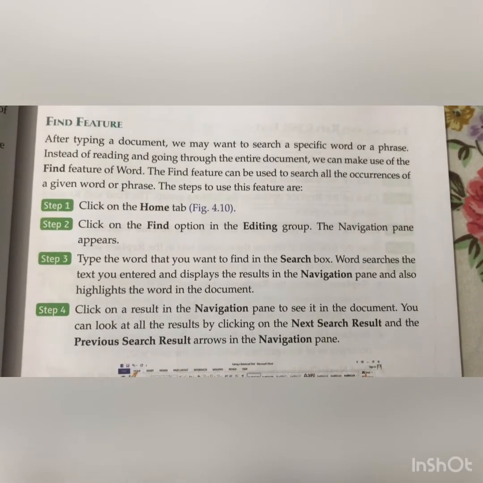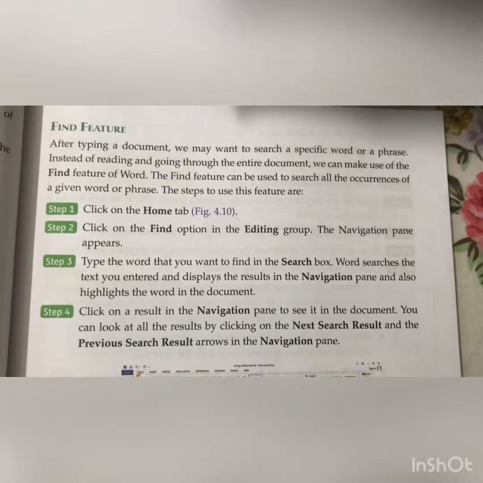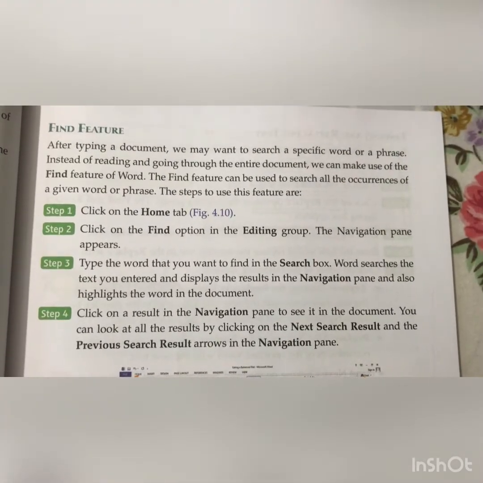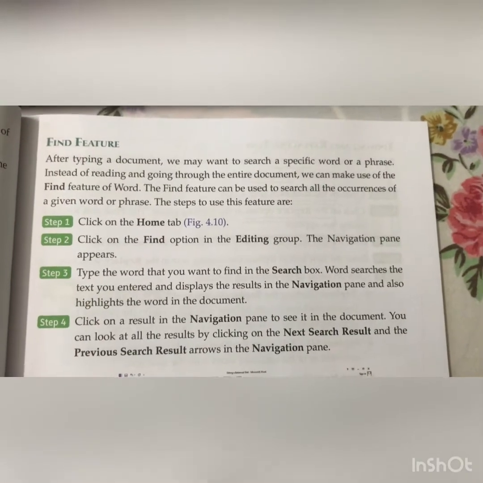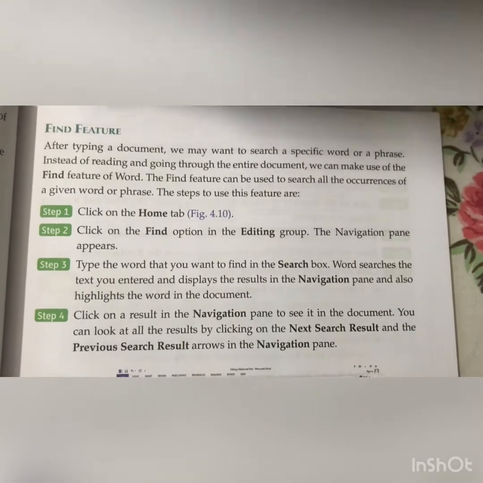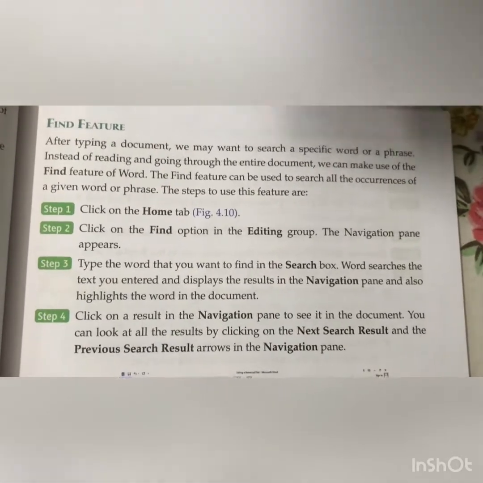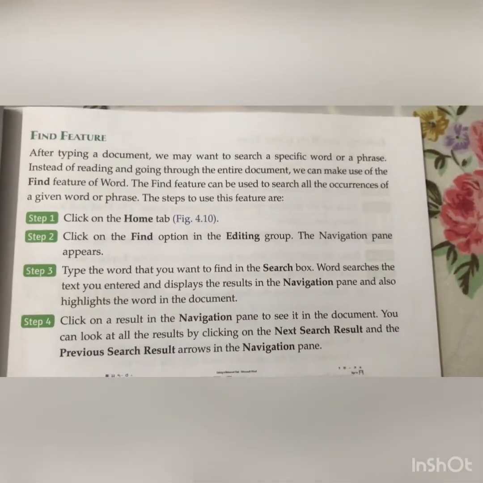Then click on the Find option in the Editing group. From there, type the word that you want to search.